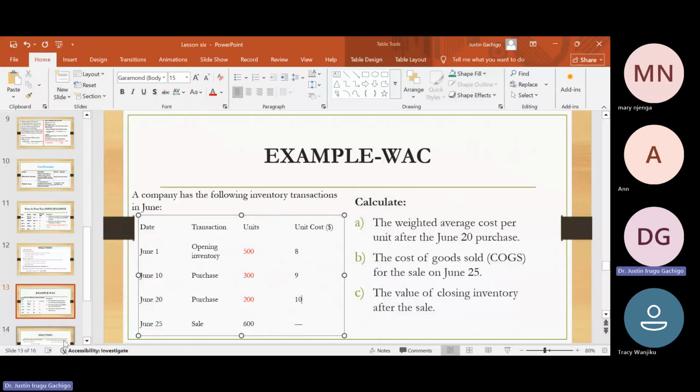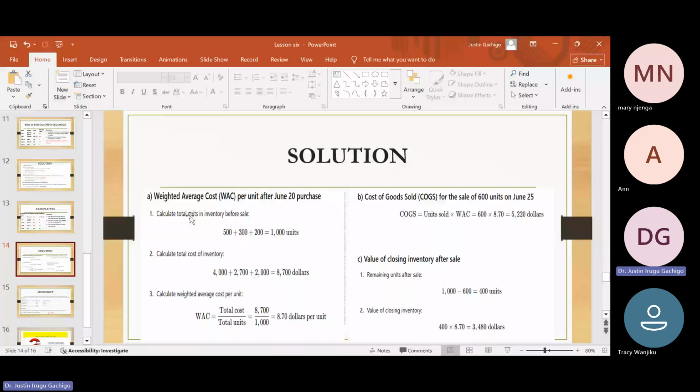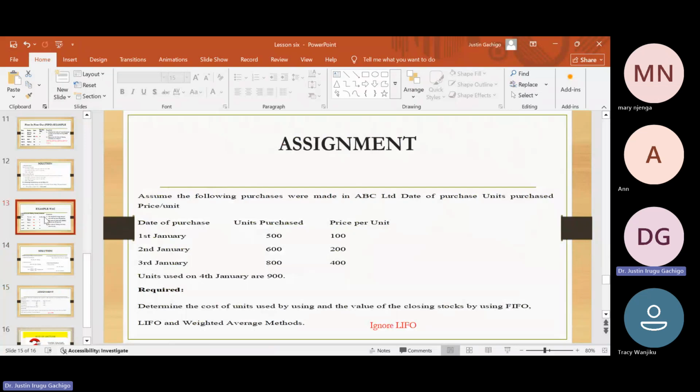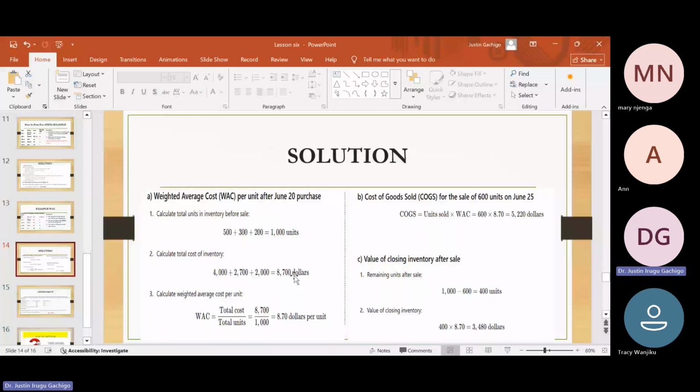So let's see here. The first one is get the total units in the inventory before sale. You get 1,000 units. The second one, calculate the total cost of the inventory. 500 you multiply by its cost: 500 multiplied by 8, 300 multiplied by 9, 200 multiplied by 10. Okay, you'll get this. Then the weighted average will be total cost, which is 8,700 divided by 1,000, which is